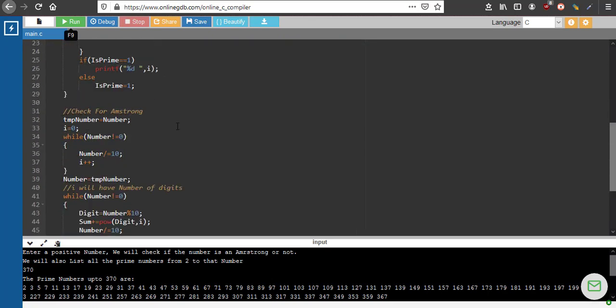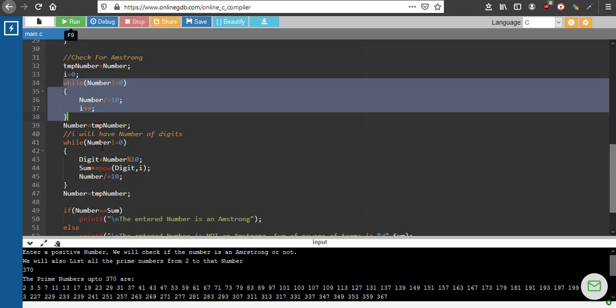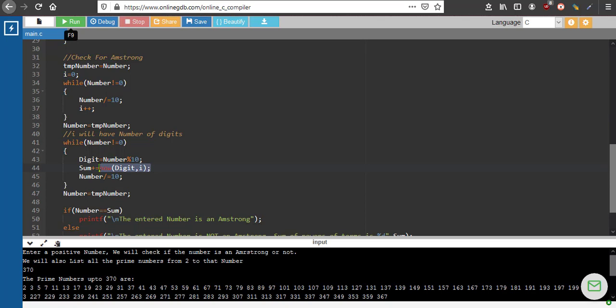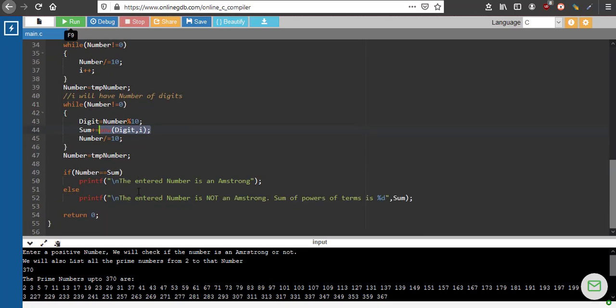Then the second one for Armstrong, what we are doing is we are first finding the number of digits. Then we are separating each digit and raising it to the number of digits. For that we are using power, right? So for 123 we are taking 3 cube plus 2 cube plus 1 cube. That cube comes from the number of digits. If it is a 4 digit number, we have to raise all individual digits to 4. So first we will find how many digits are there. Then we will individually raise all those digits to that power and get the sum. We will check whether that initial number and the sum are the same. Right. It's a very simple program. We have already done this.